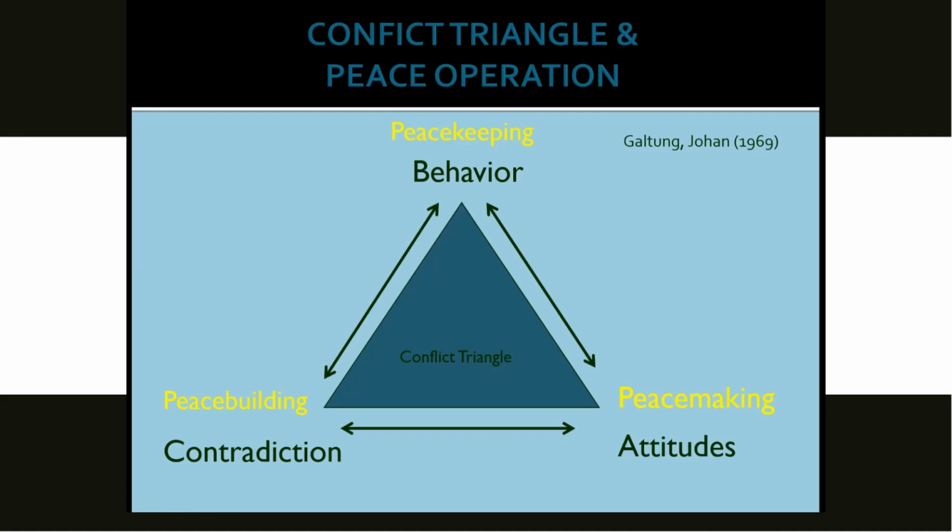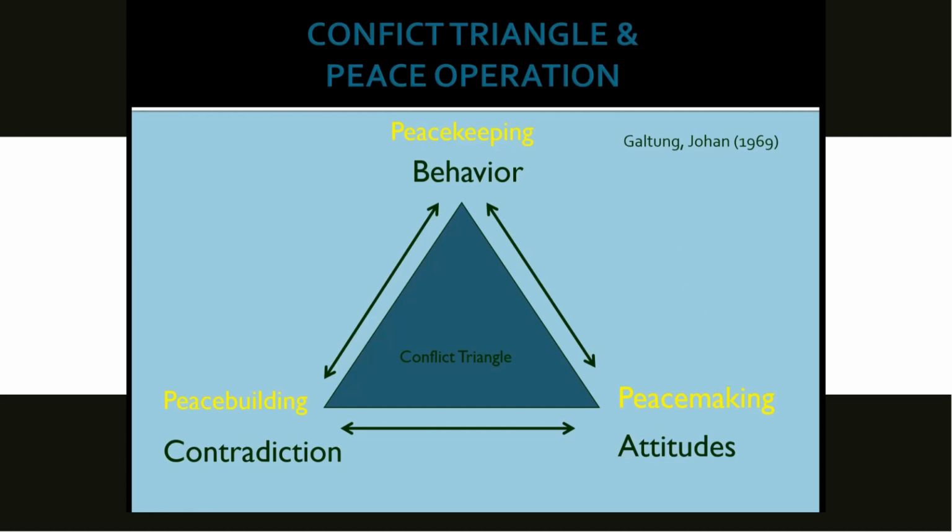And to remove contradiction, there are various activities. Maybe we provide more resources, we remove the contradictions of the parties, which we call peace building. So peace building and peacemaking are very closely linked, and parties of conflict usually do not distinguish those two elements, attitudes and contradiction, because they are not the experts of the conflict. So they consider they are angry because of the grievances that they may have,